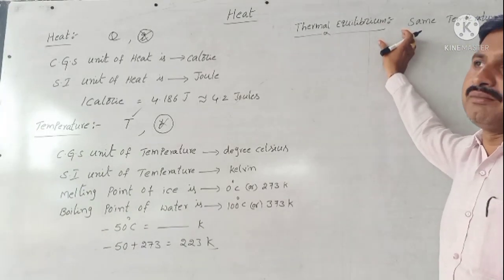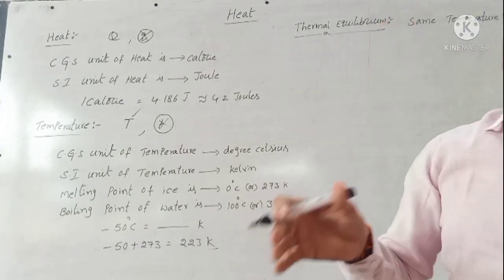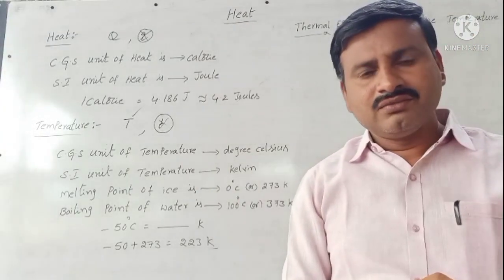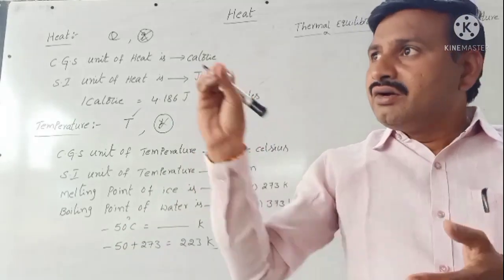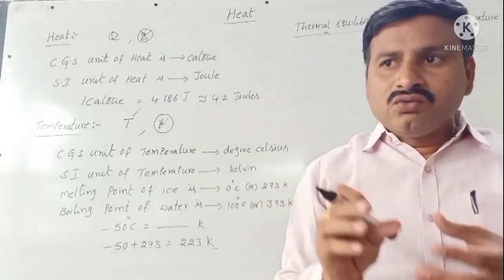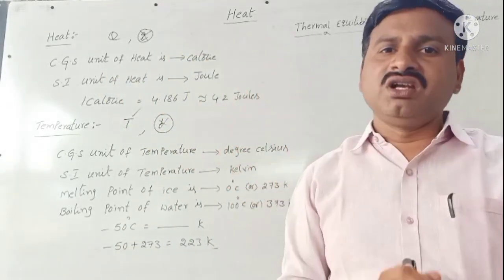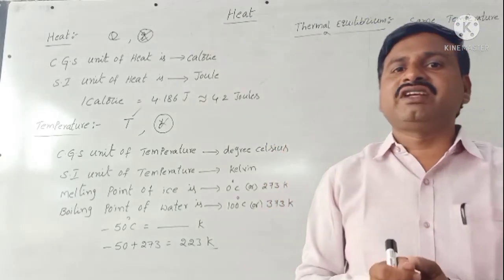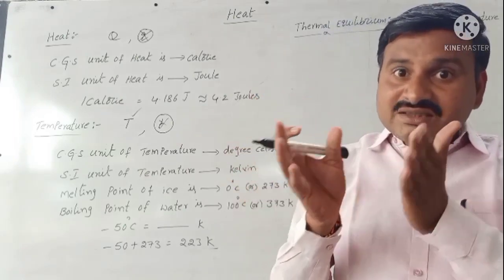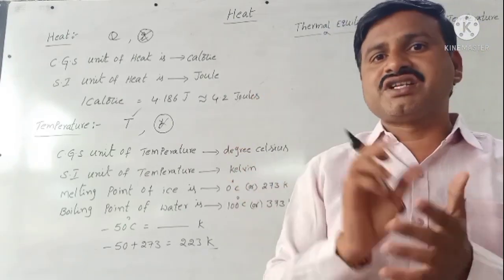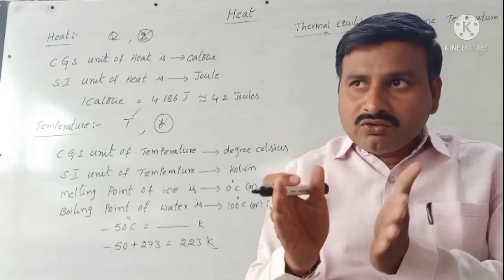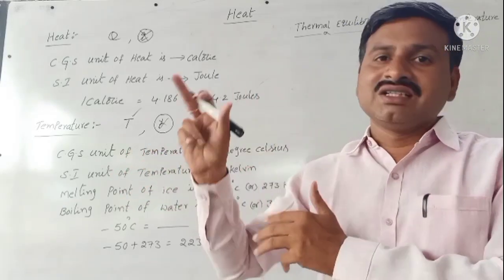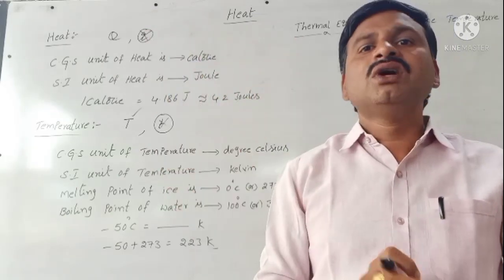After that, the textbook gives activity 3. What is activity 3? Food color. Hot water and cold water, when you mix the food color, in which one does it spread more easily? Which one has more diffusion, hot water or cold water? Hot water. Hot water diffuses more compared to cold water.